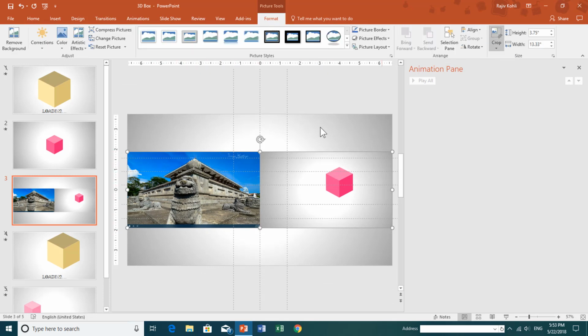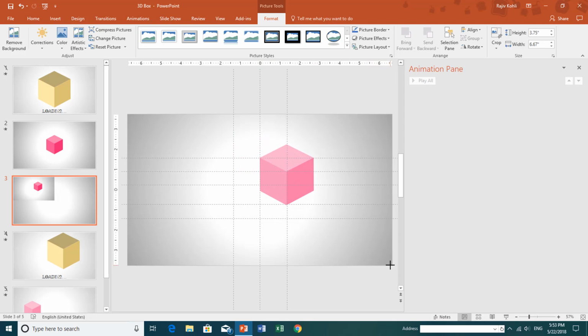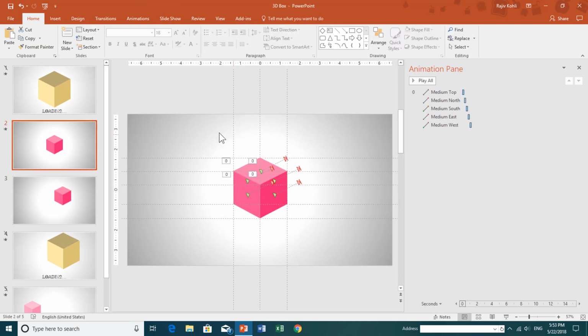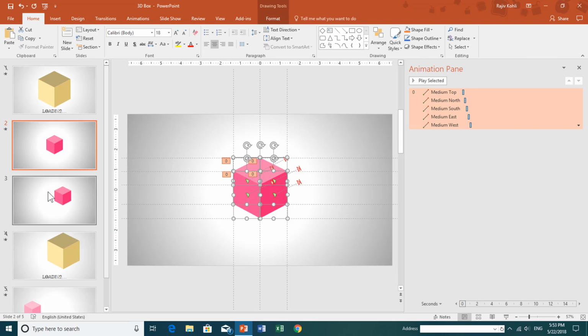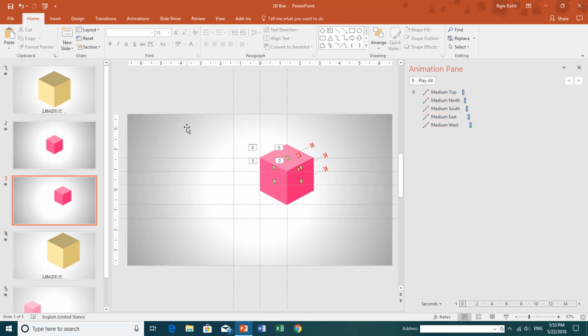And as I have multiple monitor setups, you can also see my second monitor, and I am going to crop this one from the format tab. Click on the crop and just crop this part and move it on the top and adjust the size according to the slide size. And now I can duplicate this box just by copying and pasting, and then I can adjust the position just on top of the screenshot, just right here, and then later I can delete this screenshot, and I don't even want these.